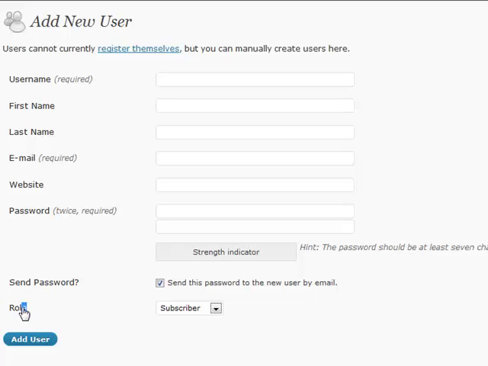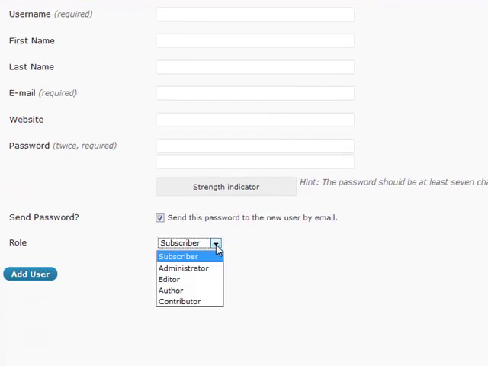And down here is probably the most important part of it, and that's the role. Whenever you're adding a user, you want to set the role to whatever they are going to be. There are 5 different roles available: subscriber, administrator, editor, author, and contributor. And what you choose depends on what they're going to be able to do. A subscriber and a contributor are only going to be able to do very, very limited things. A subscriber can only comment and read. A contributor is only going to be able to edit current posts and delete unpublished posts and very, very basic things. Basically, he's going to be able to help maintain some of the content